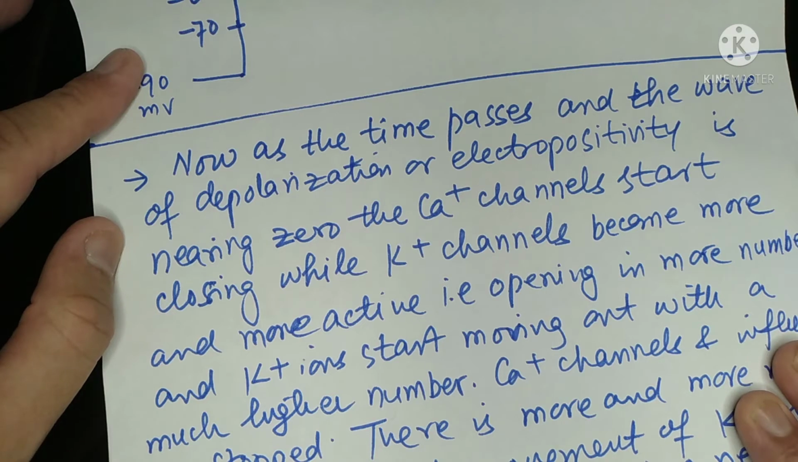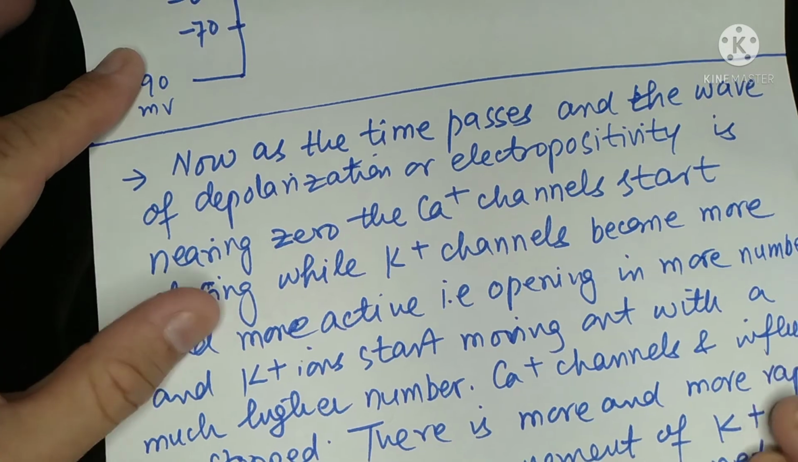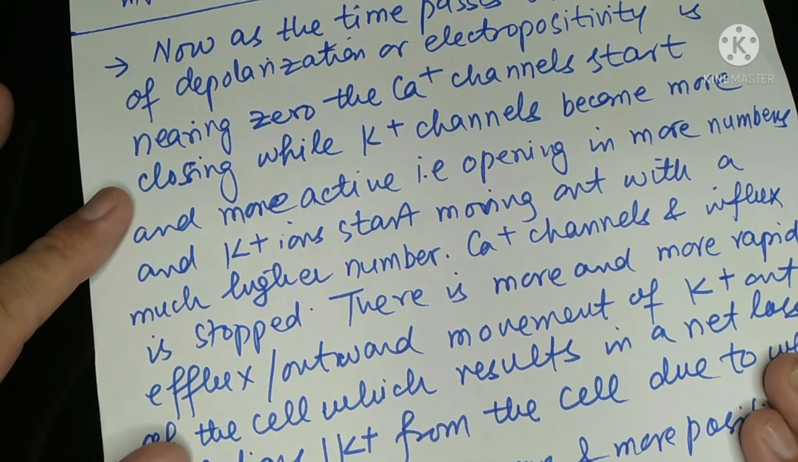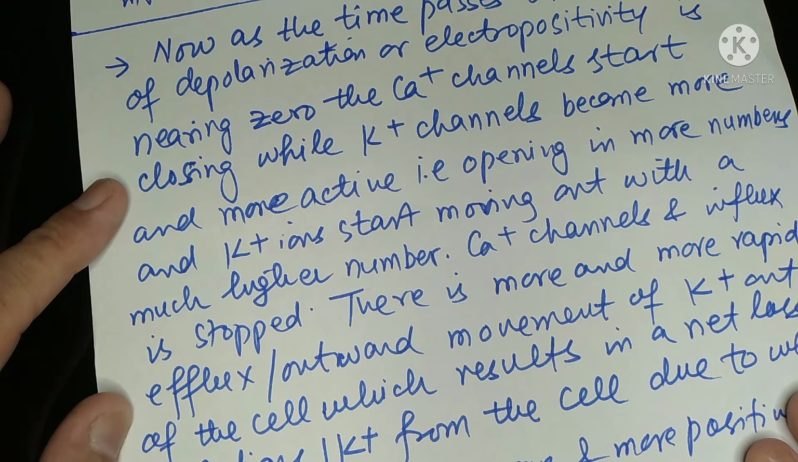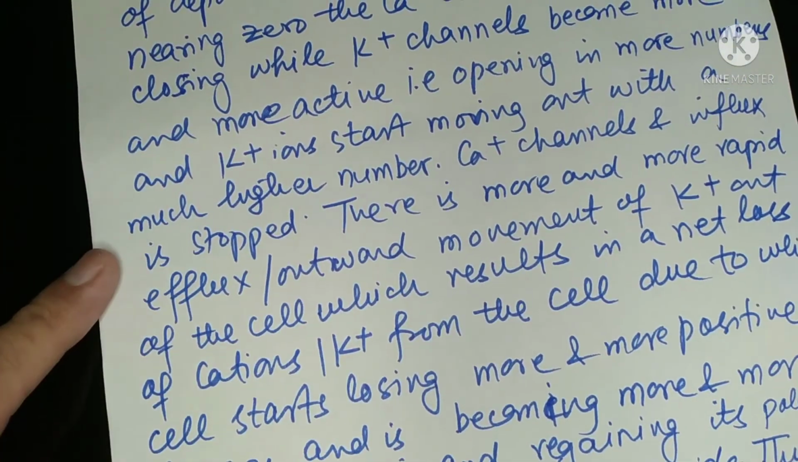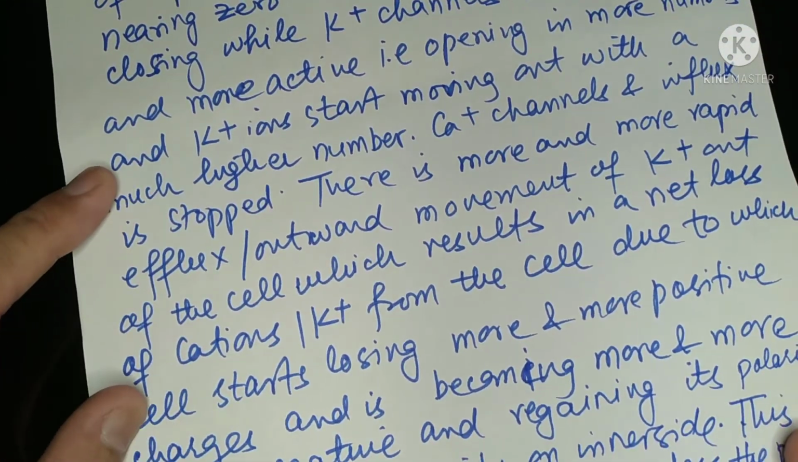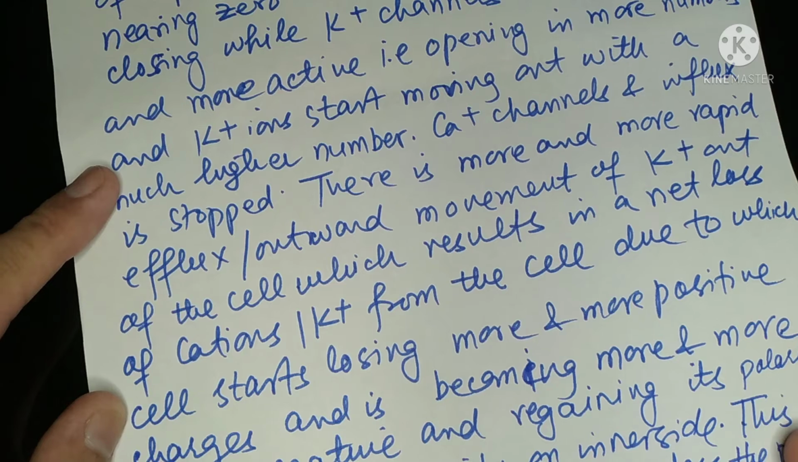That is, they start opening in more and more number, then more and more potassium ions start moving out of the cell with higher number. So calcium channels start closing, calcium influx stops, while potassium leakiness continues and more potassium ions move out of the cell. There is more and more rapid efflux or outward movement of the potassium out of the cell, which results in a net loss of cations or potassium from the cell, as a result of which we see that the cell starts losing its